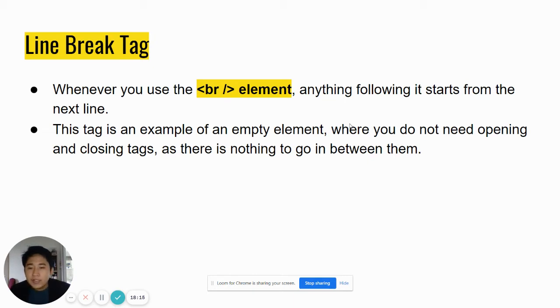So this tag is an example of an empty element. It's just used to enter, so that there's a space. So you don't need opening and closing tags in BR, okay? Because you don't need to put anything inside or between them. So you just put the BR tag, open, this is the sign of less than, and then BR, and then